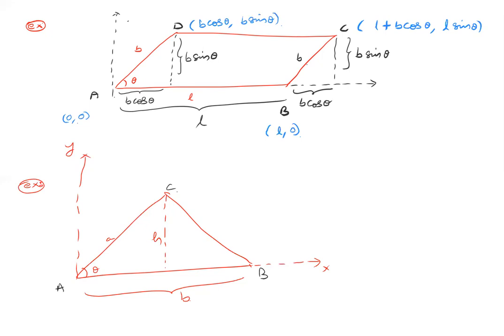Now, if you have tried the answer, the coordinates of A will be obviously 0, comma 0. This will become B, comma 0. Then this will become A cos theta, comma A sin theta, which is on the opposite side. This A sin theta is nothing but h. So this is how you do it.